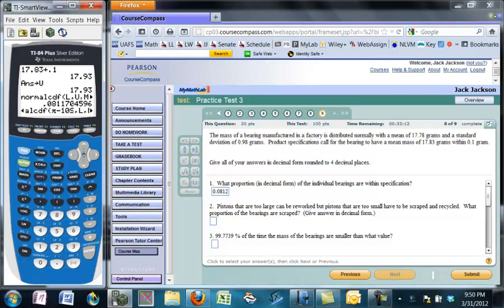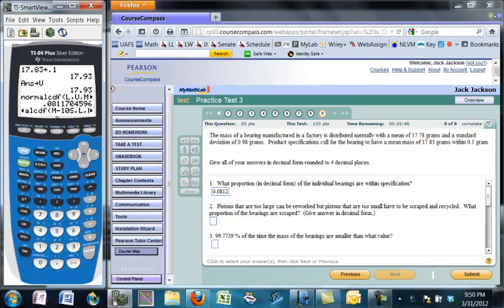Let's see if I've got everything typed in. Whoops. I hit pi instead of alpha. I must hit second instead of alpha. Got to get on the right one too. It should be mu, which is m. There we go. And be sure we are on a normal CDF, cumulative distribution,